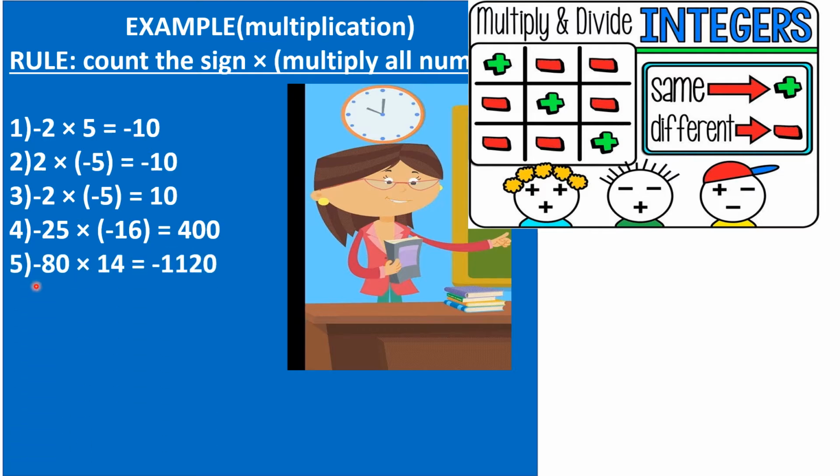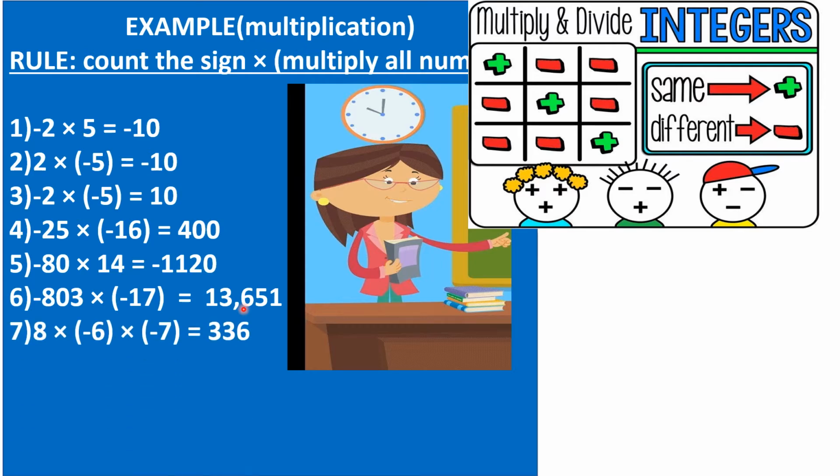Here again different sign, minus 80 and plus 14, different sign. So we'll have a negative sign in the answer, and 80 into 14 is 1120. So again minus 803 into minus 17, minus minus, that is same sign means positive, and the numbers are multiplied. 803 into 17 is